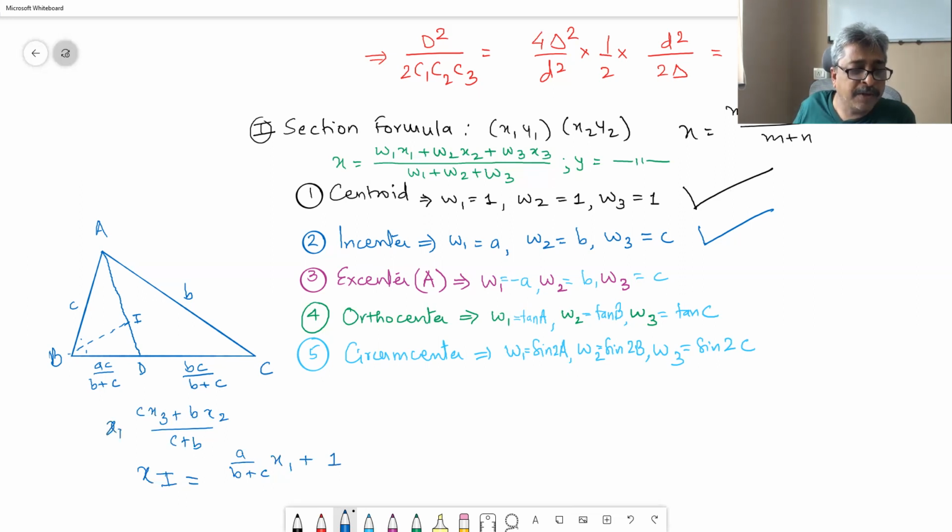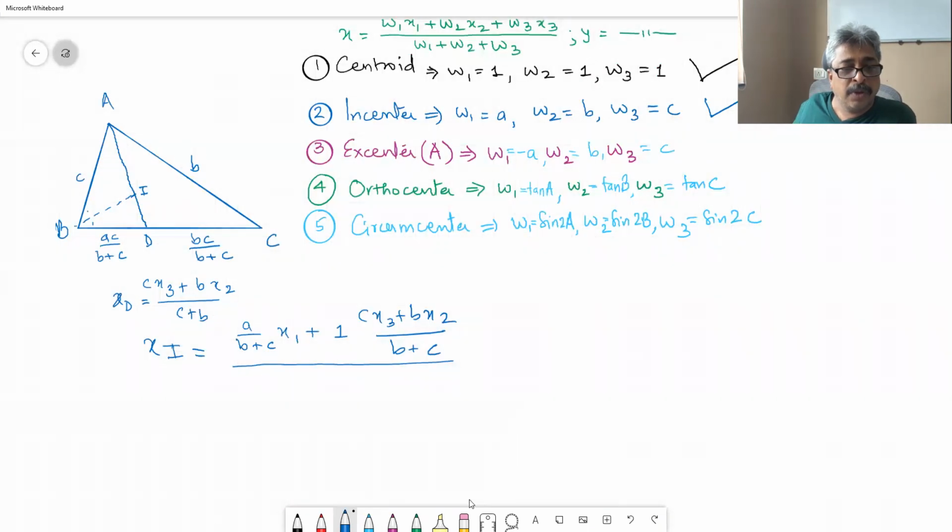This is xD, (c x3 plus b x2) upon (b plus c), and the whole divided by a upon